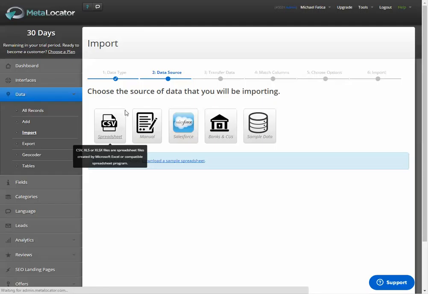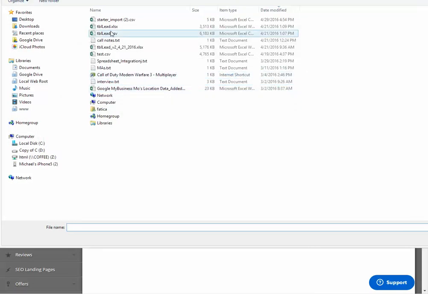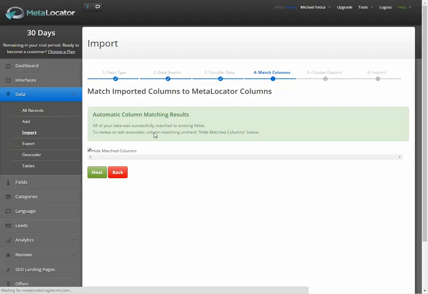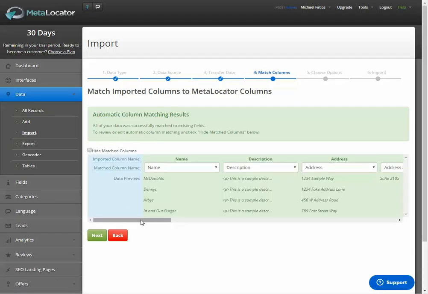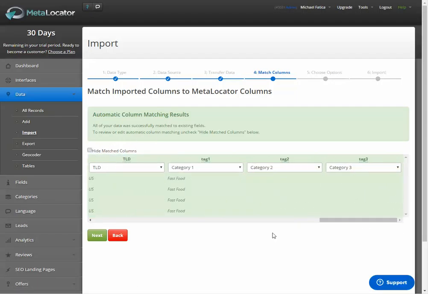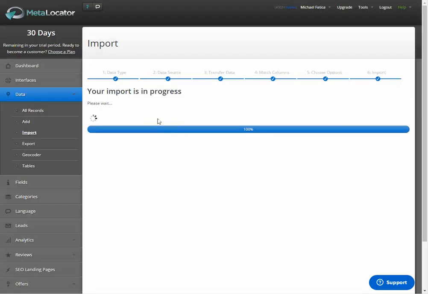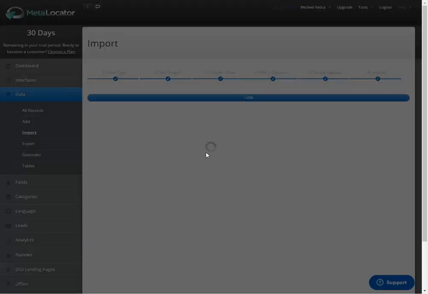I'll click on Spreadsheet and choose the file that we just saw from my desktop. MetaLocator will import that data, and then we can see that it's automatically recognized all of these columns. So I can just click Next without making any changes at this screen. It'll import the data, analyze it,